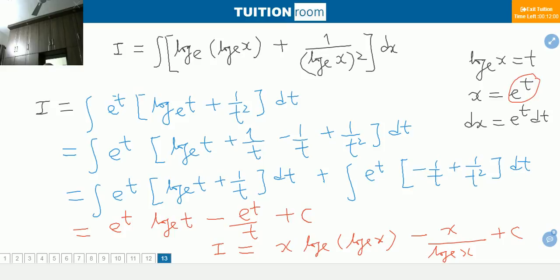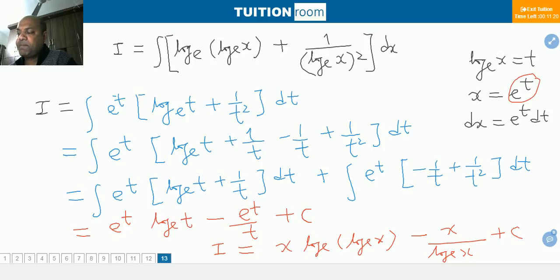Now students, I am going to tell you the two formulas important in this section. The integral of e raised to power ax sin bx dx will be equal to e raised to power ax upon a square plus b square, bracket, a sin bx minus b cos bx, plus some constant. And the second formula: the integral of e raised to power ax cos bx dx